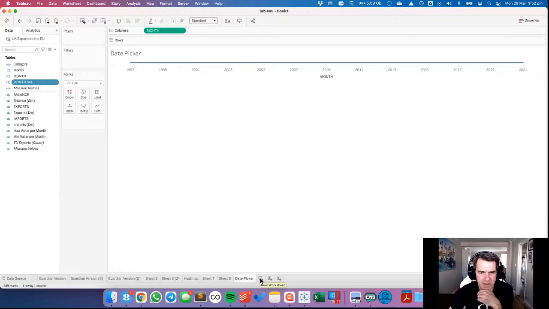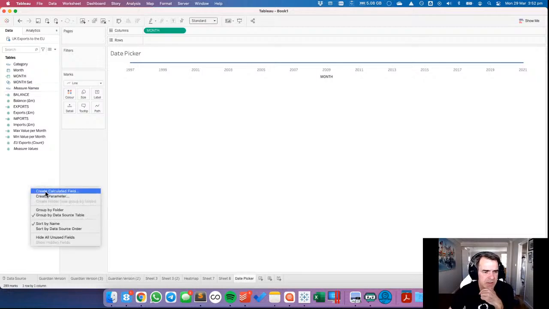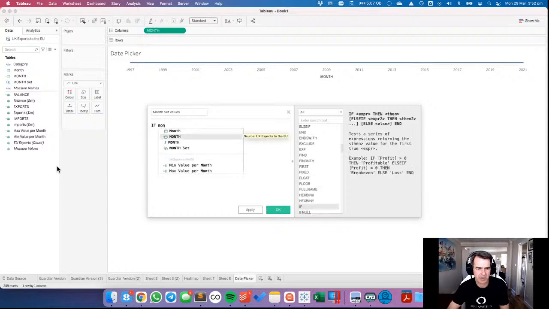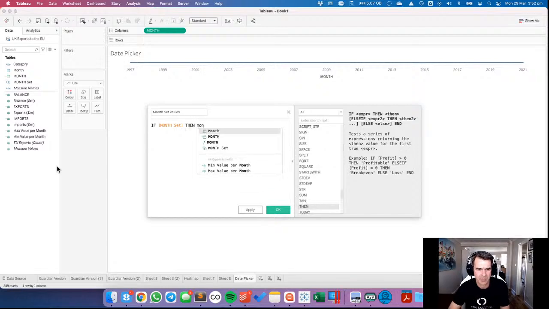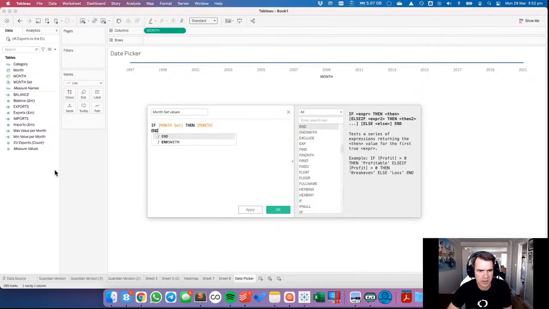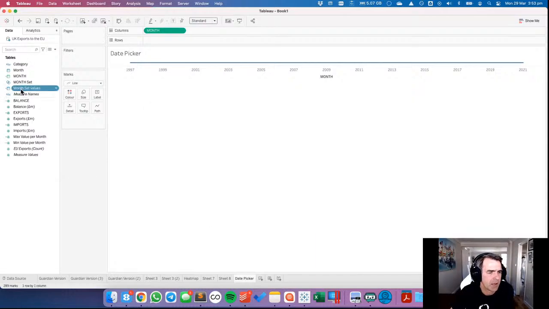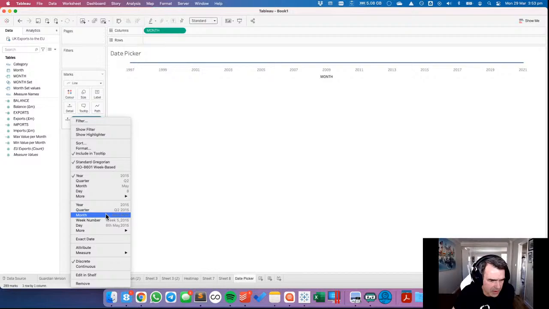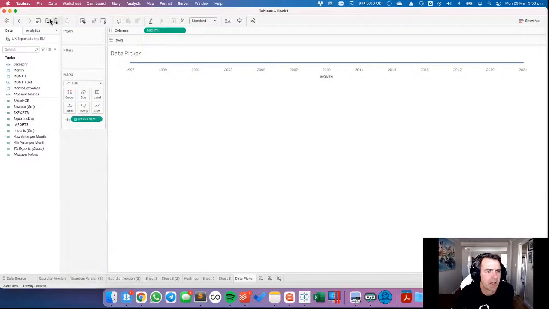All right, and then I think what I'm going to do is, so let's put month set values, and if month set, then month. And I'm going to put that onto detail. That's annoying. So I want this to be month. And now I'm going to add in,